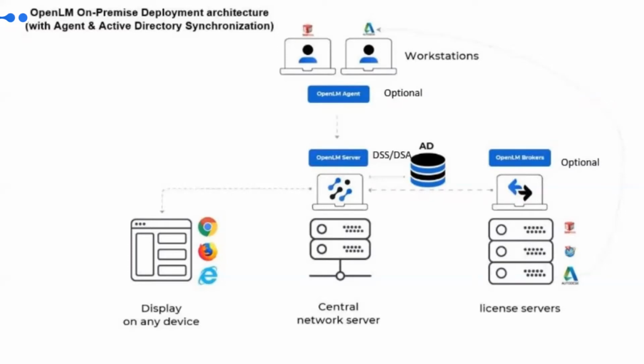So in that case, OpenLM will monitor the process and certain parameters like CPU utilization, input output data, and memory, and then it will identify whether that application is getting idle or not. So suppose a user starts the application of AutoCAD and he just minimizes it, and maybe he's working on something else, maybe he's typing an email or chatting with his team member. FlexLM will think that AutoCAD is in use as the license has been checked out, but actually it is not in use. The application is getting idle, even though the license is in use.